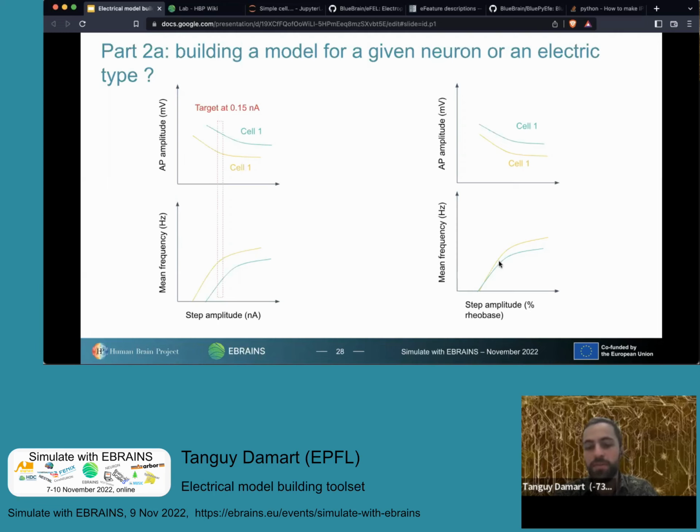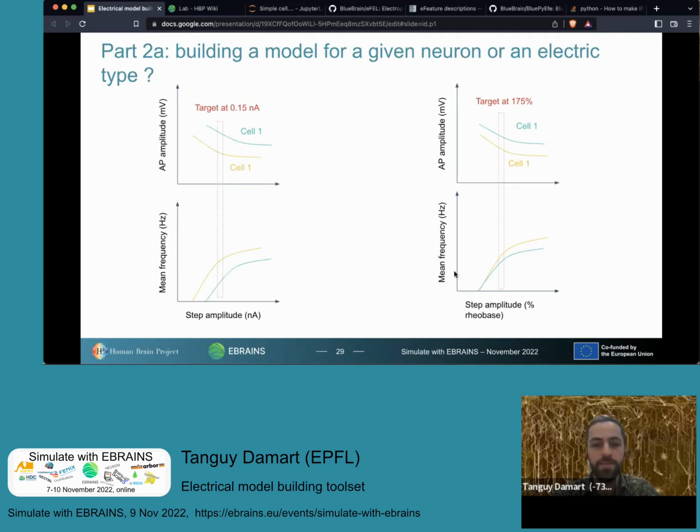And as you can see here, in our case, it would be like putting the rheobase for the two cells at the same point. And then once we do that, if we take a target expressed in percentage of the rheobase of the cell to revert that as an absolute current amplitude, then we can probe along this line, so along this amplitude, the same regime for all of the cells. And then it becomes meaningful to do an average of the properties